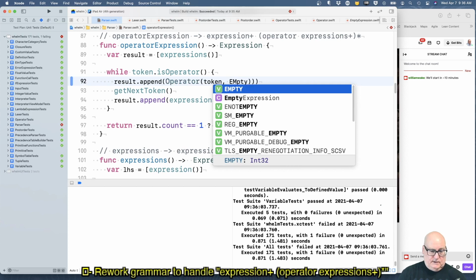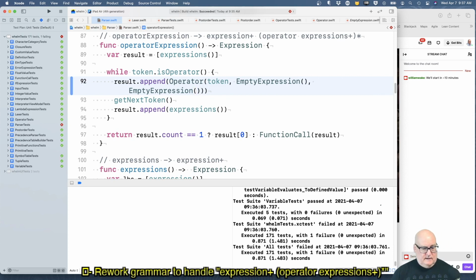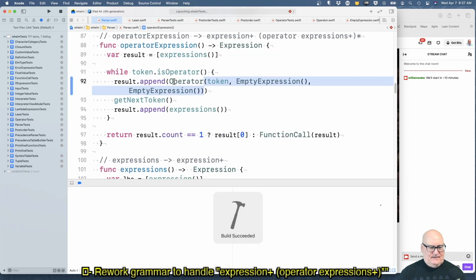And an empty expression and another empty expression. Have I got too many parens there? It looks a little heavy. Oh, that's the operator. Okay. I think this is good. I think that'll pass.